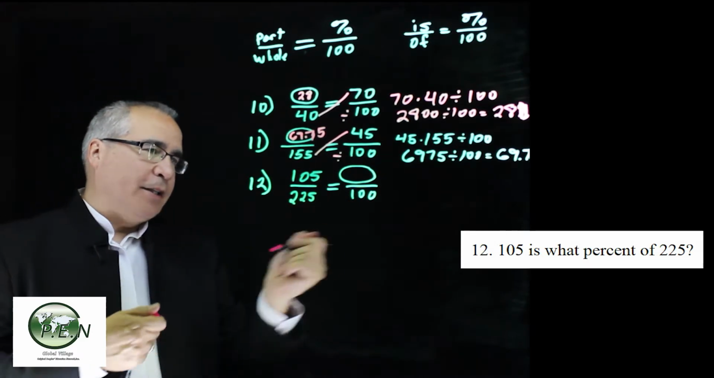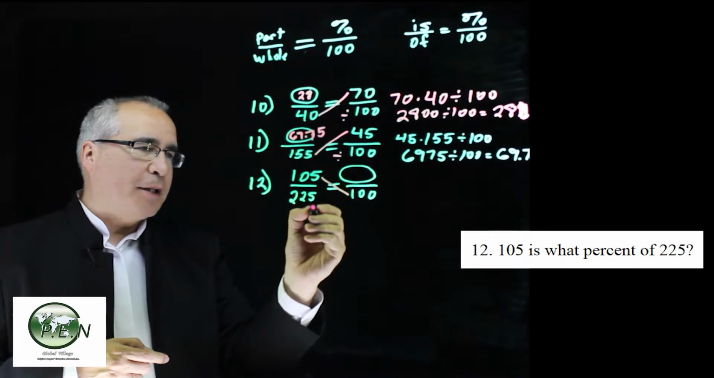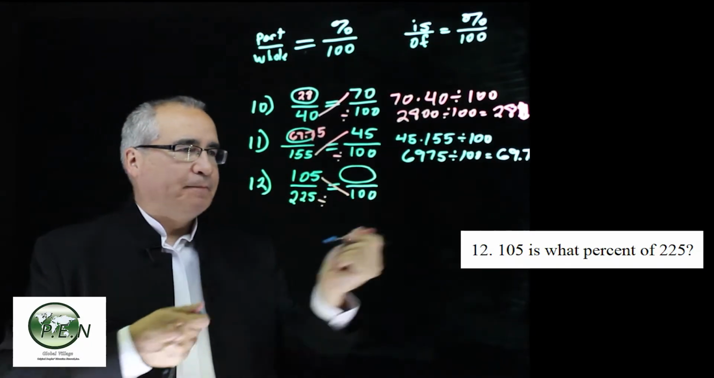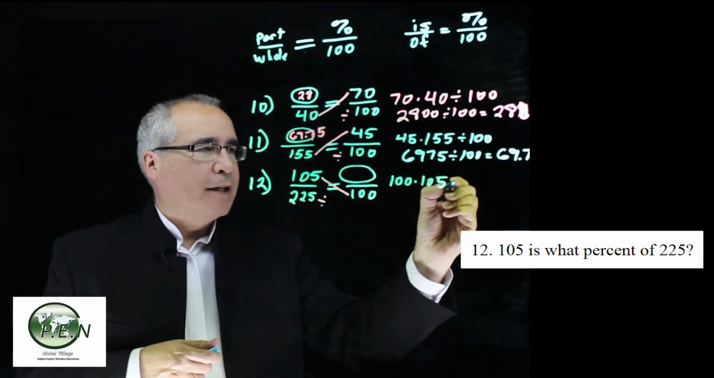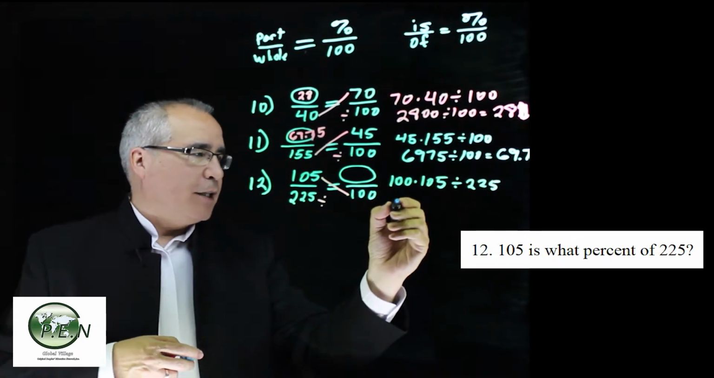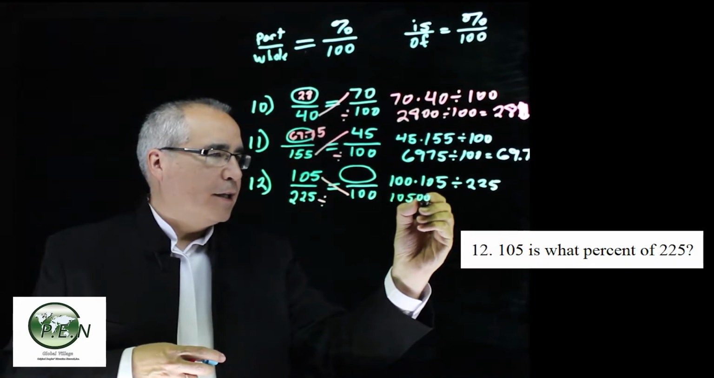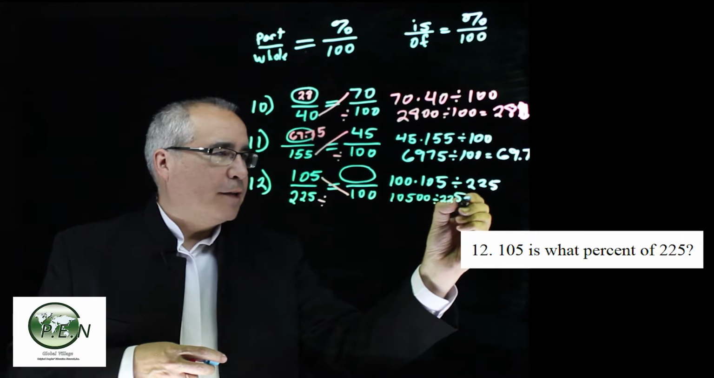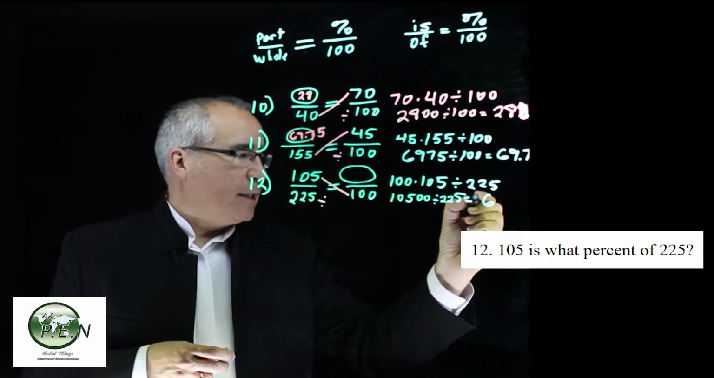And this time, again, we always go with the ones that are across from each other. That's the multiply part, and then we divide by the odd one out. So 100 times 155 divided by 225. 100 times 155 is going to give us 15,500. And then we'll divide by 225. Plug that in, and we get